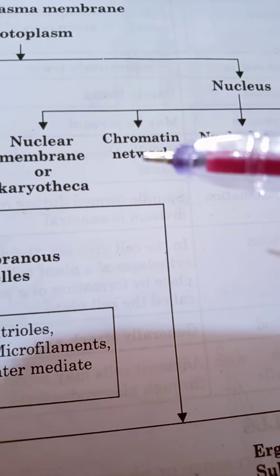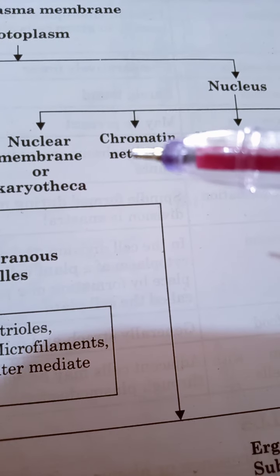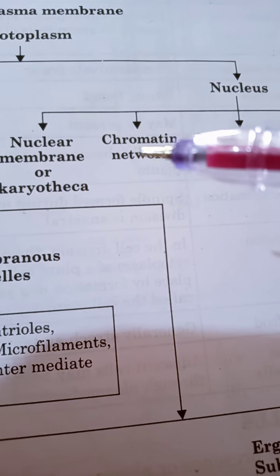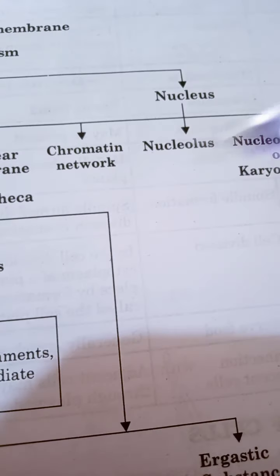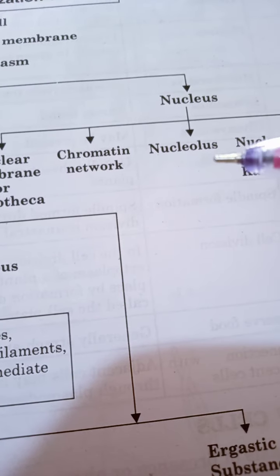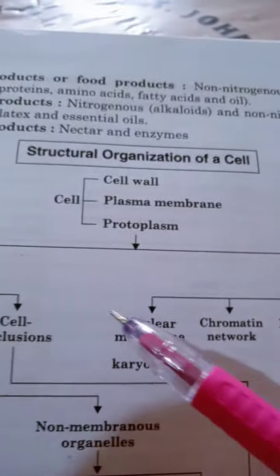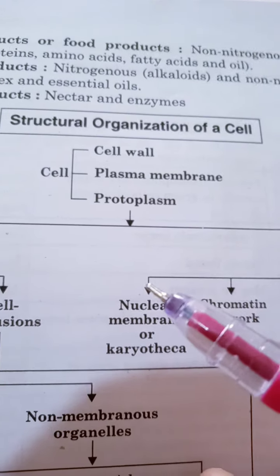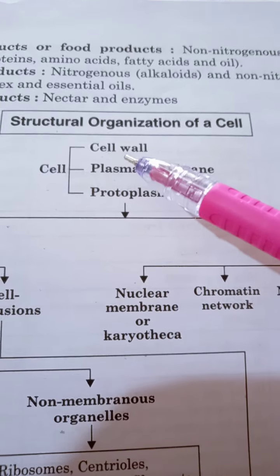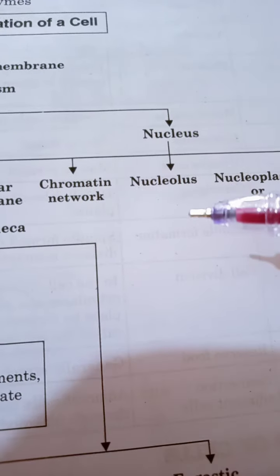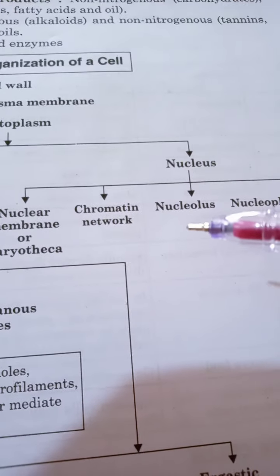in different forms. It could be either in a packed structure that we know as chromosome, or it may be somewhat free depending on the different stages of the cell. Next to it is nucleolus, and then next to it is nucleoplasm or karyoplasm. So when we talk about the cell entirely, we have to consider all these aspects, from the cell wall up to the nucleolus, from the outermost to the centermost position, one by one.